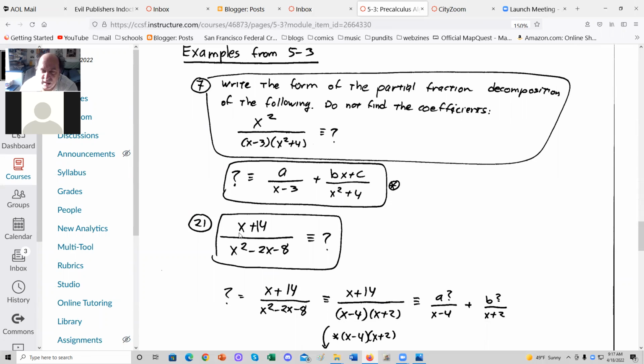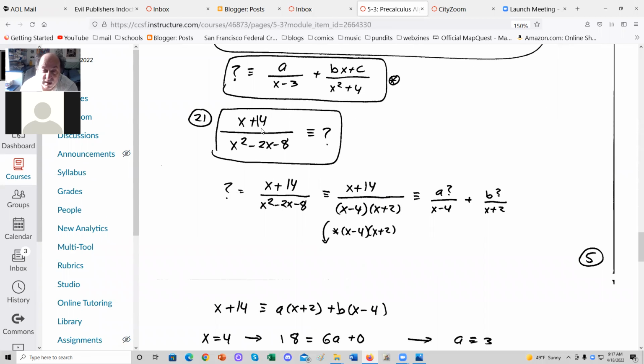Well, let's try this. X plus 14 over x squared minus 2x minus 8. So we need to factor x squared minus 2x minus 8. It comes out to x minus 4 times x plus 2. Okay, x plus 14 over (x minus 4)(x plus 2). We have linear factors, x minus 4 and x plus 2, underneath an a and a b. Find a and b. All right, so we do the usual method, which is to multiply both sides by